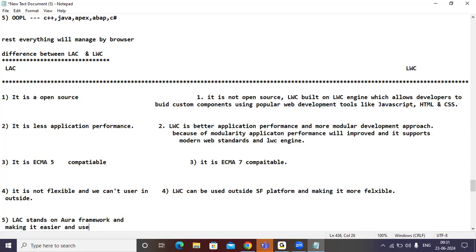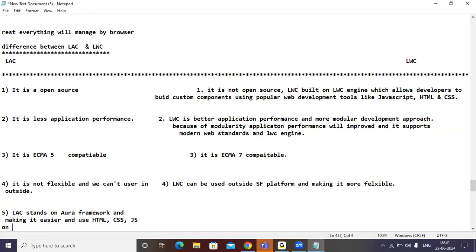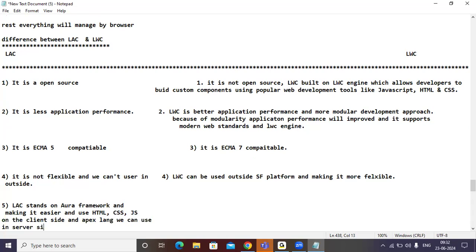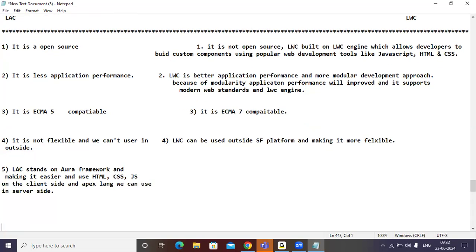We use HTML, CSS, and JS on the client side, and Apex language we can use on the server side. Guys, LAC stands on what?